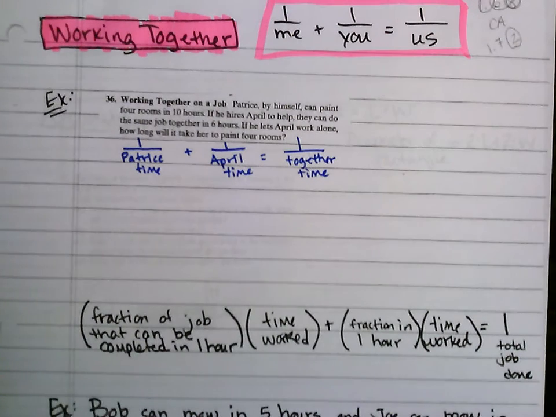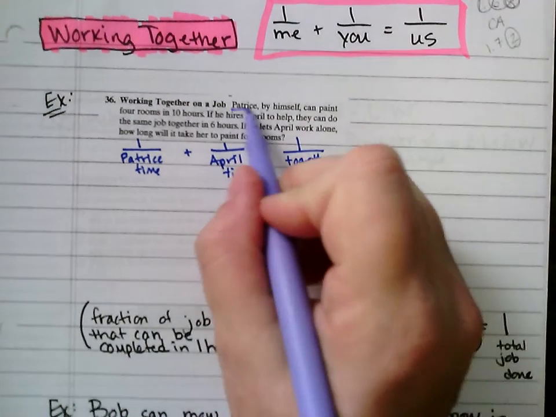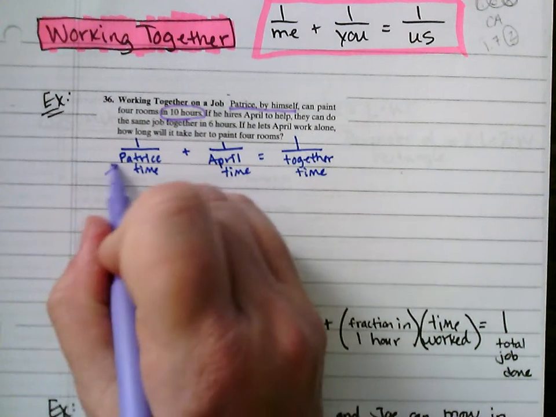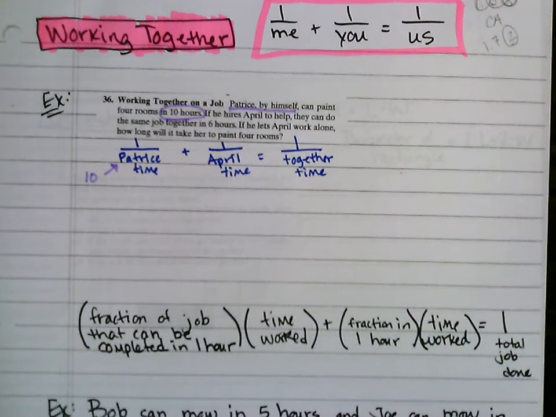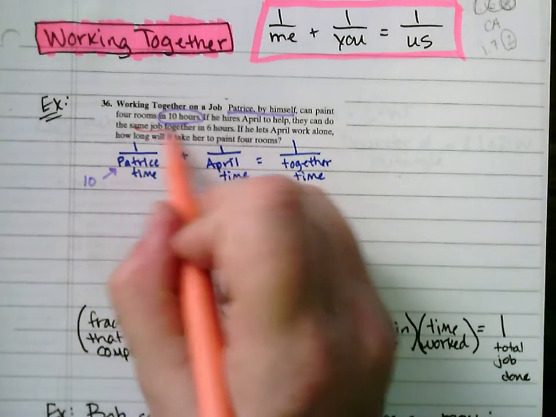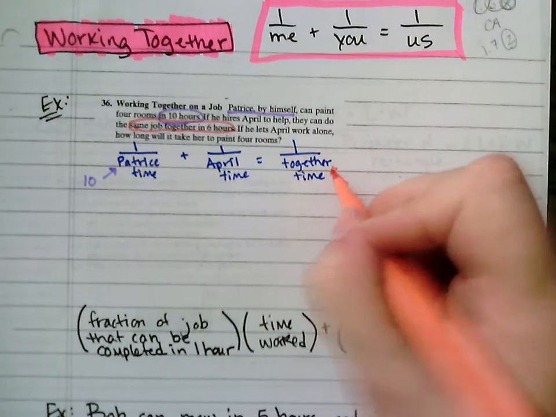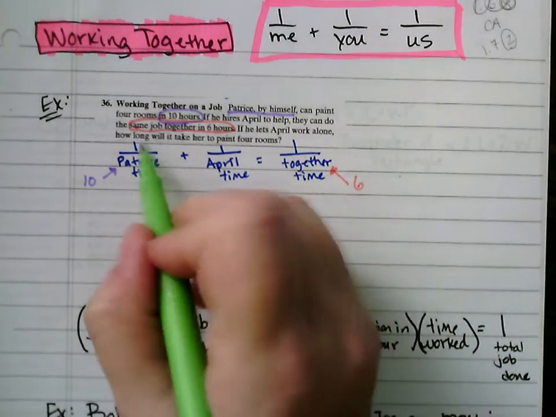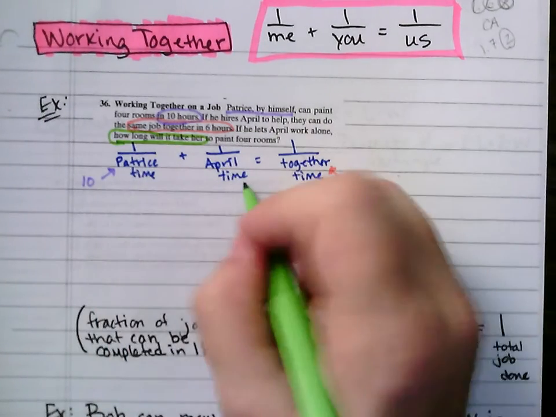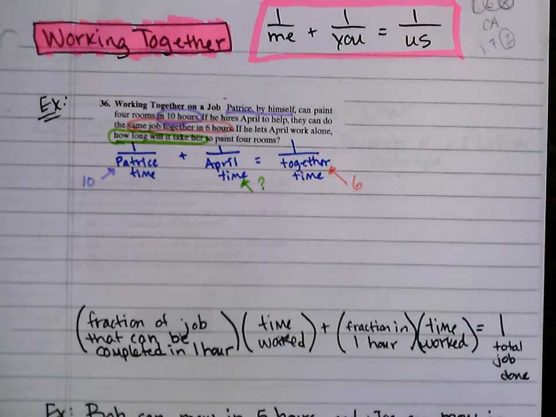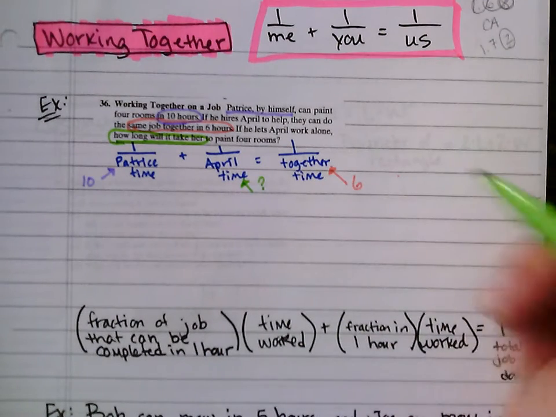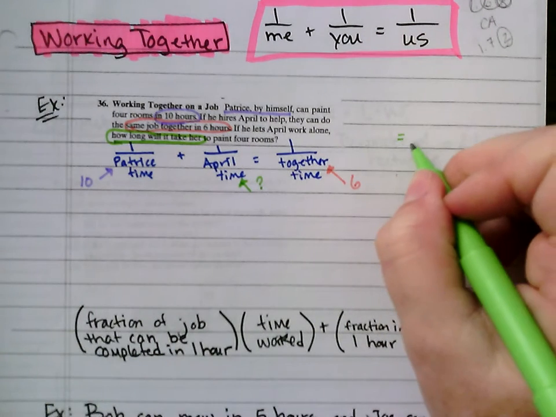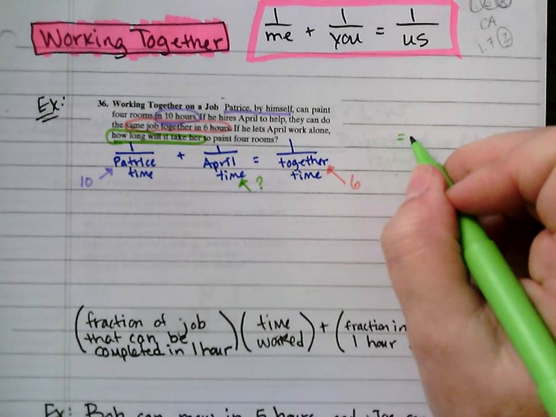In the reading, we find that it takes Patrice by himself 10 hours. So this is 10. Together, they can do the same job in 6 hours. So that's 6. And then we want to know how long it will take April. So this is what we don't know, April's time. So whatever variable you want to use, we need to define that. So it would be the amount of time